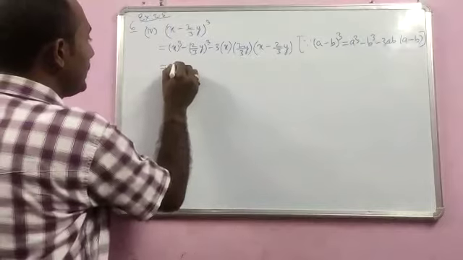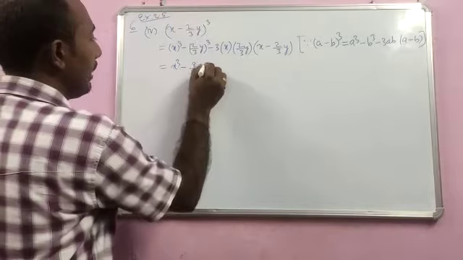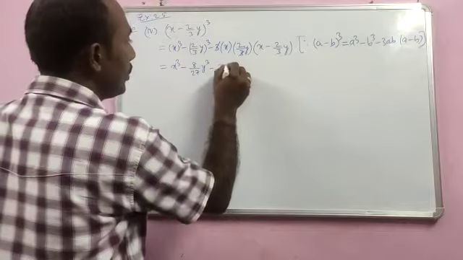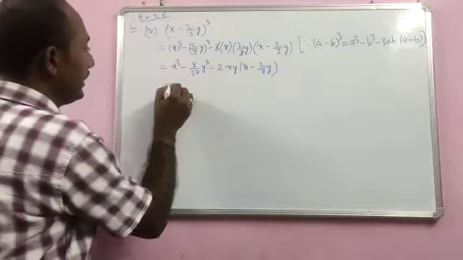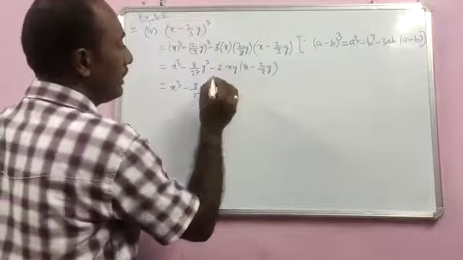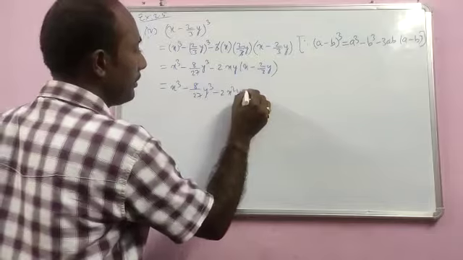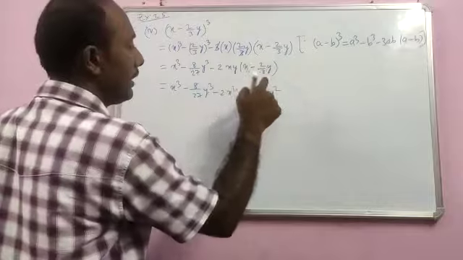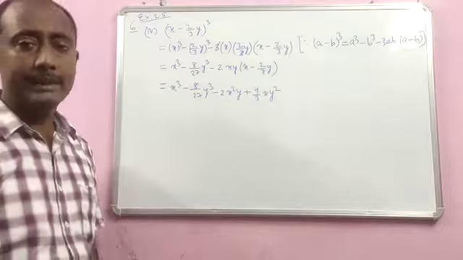Now we will go for its simplification. It is x cube minus 2 cube is 8 and 3 cube is 27 y cube. The 3 will get cancelled, so minus 2xy into (x minus 2 by 3y). Next line we will multiply it: 8 by 27 y cube, minus 2xy into x is minus 2x square y, minus minus will become plus, 2 into 2 is 4 by 3 xy square, since xy into y is xy square. So this is what you have to do in the questions of question number 6.